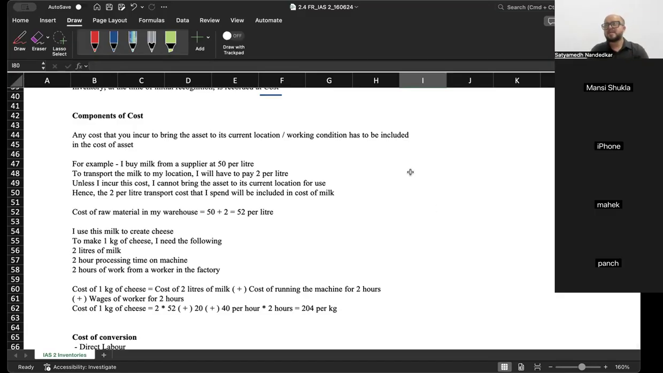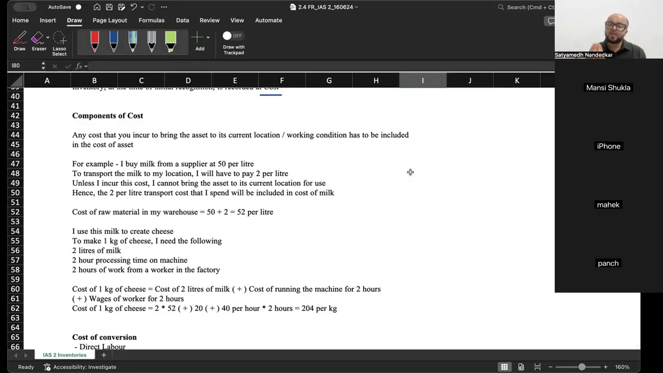Cool. So we were discussing what all costs are included when you are trying to calculate the cost of inventory, because initial recognition always happens at cost. The same principle that you would have studied in non-current assets applies to inventory also. Any cost which is incurred to bring the asset to its current location and working condition is included in the cost of the asset. So I am Amul and I want to make cheese for which the raw material is